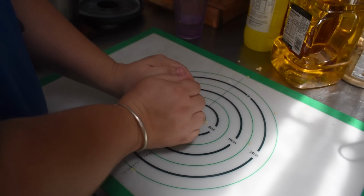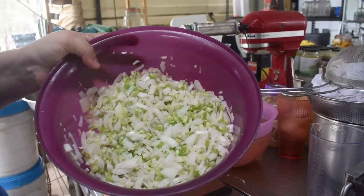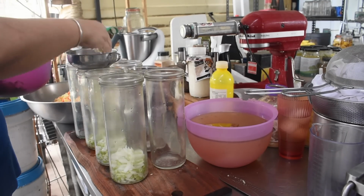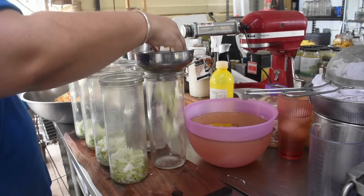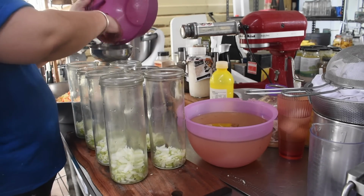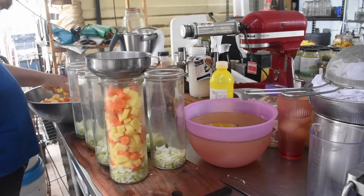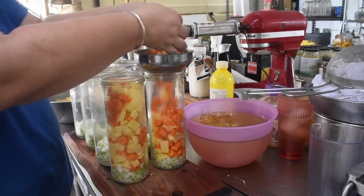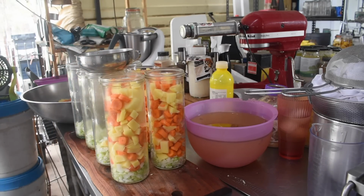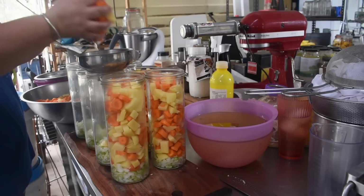So the other thing I needed to use up was the carrots. So yesterday, or the day before, whenever it was, we had the carrots that Darryl had peeled for me. We grated a whole bunch of them up and froze them in bags of grated carrots to use for a variety of things, but I kept a bowl of them out as well, and today I diced them up into little cubes. I also had some potatoes left in those bags that had some rotten potatoes in it, so we still had some potatoes that needed to be used, those really cheap ones that I got. So I peeled them and diced them up into little cubes as well,